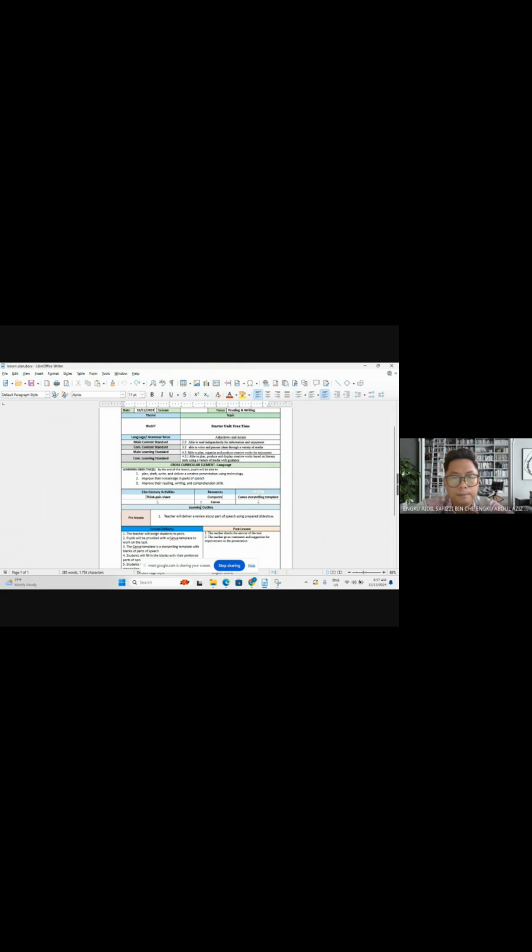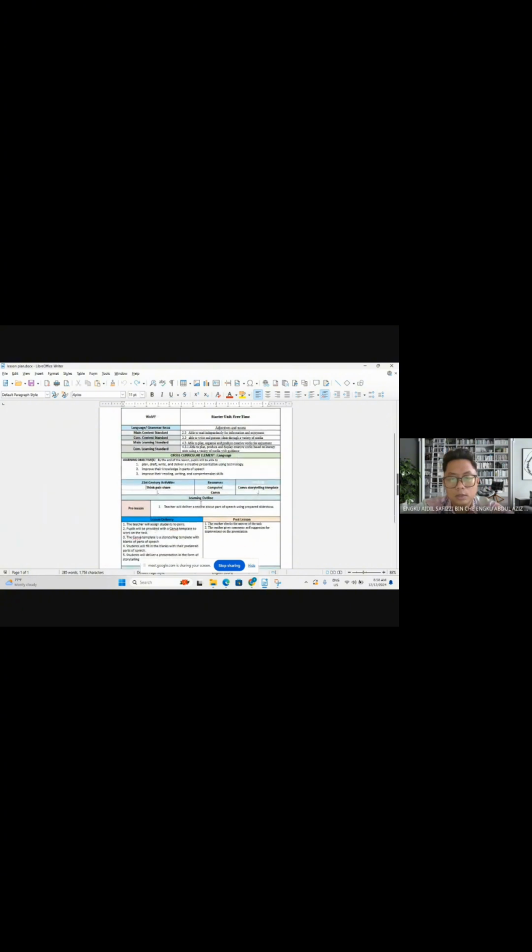All right, so the learning objective. By the end of the lesson, pupils will be able to plan, draft, write, and deliver a creative presentation using technology, which I have mentioned earlier, where they will be using Canva. Students will also be able to improve their knowledge in part of speech, especially adjectives and nouns, as well as improve their reading, writing, and comprehension skills.